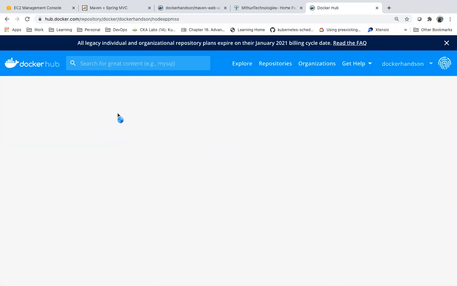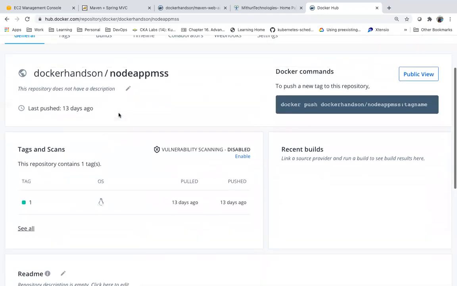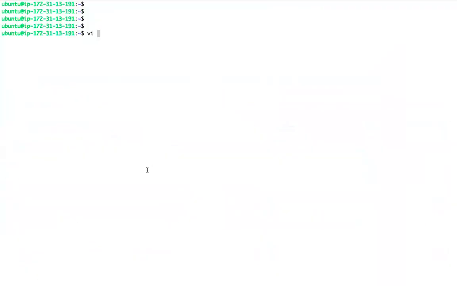I will apply this one as a daemon set. I'm giving one file name. API version: what is the API version for daemon sets? It's apps/v1, kind: DaemonSet.